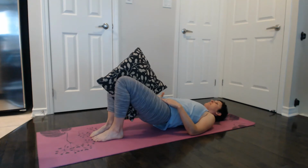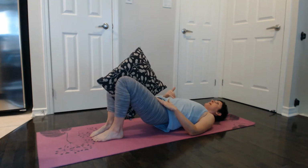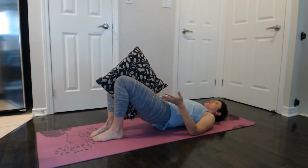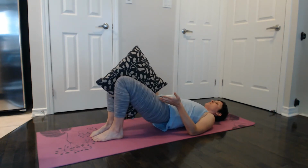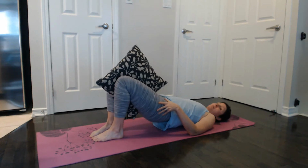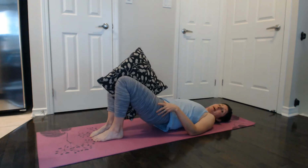Okay, I'm thinking about pulling my low belly down, my belly button towards my spine for 4, for 3, inner thighs are on, 2, keep pushing into the feet, 1, halfway down and up, halfway down and up. Halfway down and up. So we do a little pulse here. We're coming halfway down,